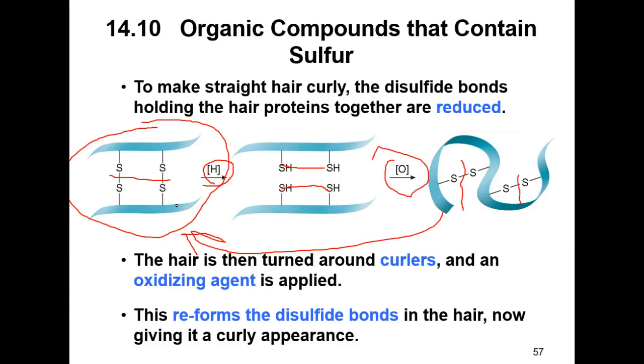When you put the flat iron on, you are immediately evaporating all that water, and you're reforming new hydrogen bonds in your hair where it's more of a straighter appearance, like what we have here. So you reform the hydrogen bonds, you evaporate the water, so it stays straight. But then as soon as you get your hair wet again, it goes back to its normal state because the water now is infused, it breaks all those hydrogen bonds you formed, and then as your hair naturally dries and the water evaporates, those hydrogen bonds reform in the way that your proteins have all been synthesized and how it normally is.